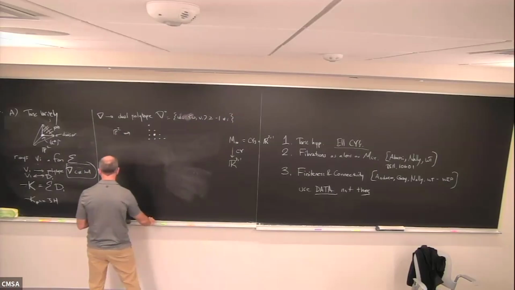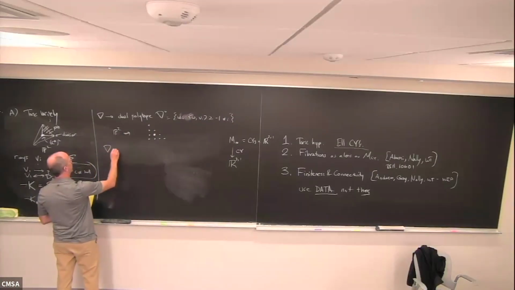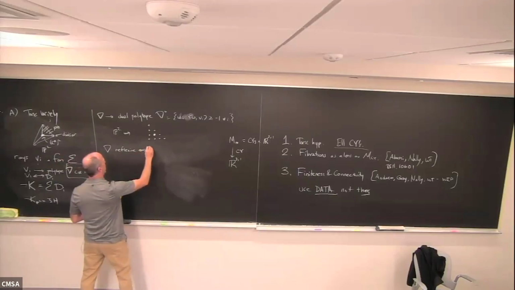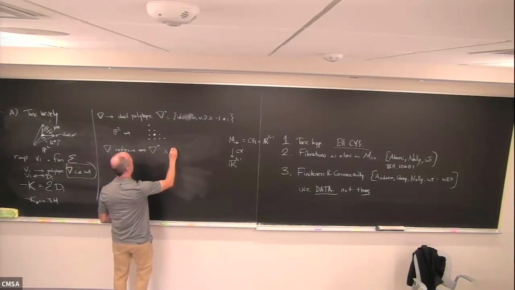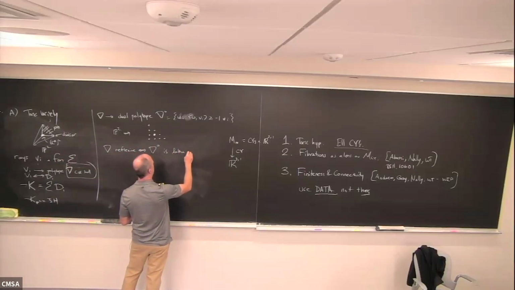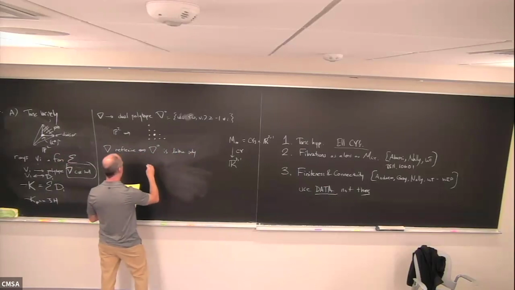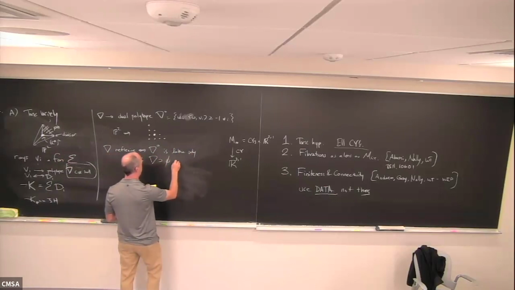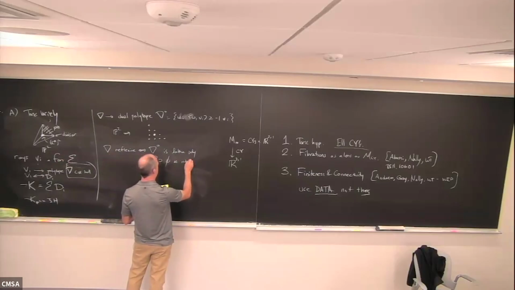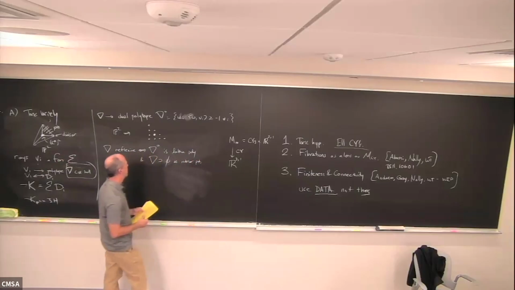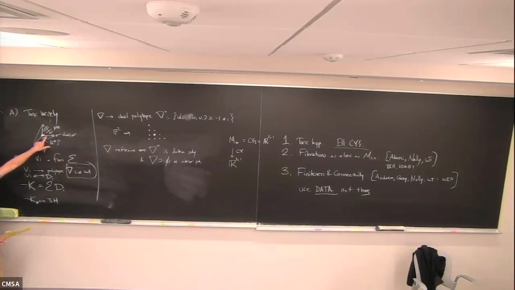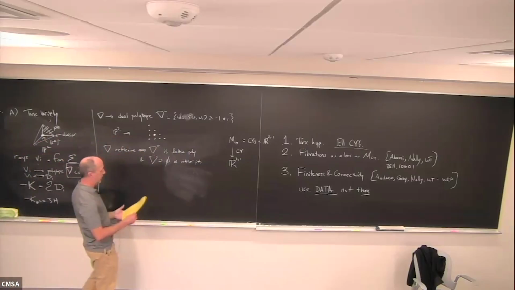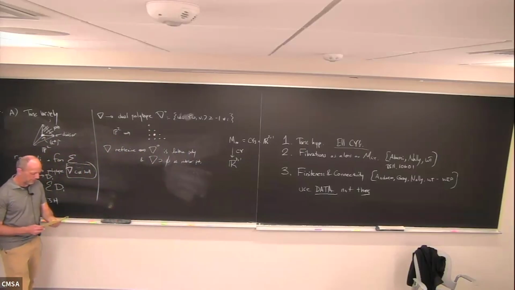A polytope is reflexive if and only if its dual polytope is a lattice polytope, and it has the interior point property, meaning that it contains the origin as an interior point, not on the boundary. So P2 clearly has the interior point property. Its dual polytope is a lattice polytope, so it's a nice reflexive polytope.